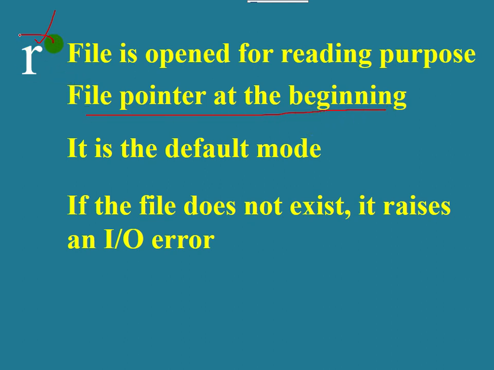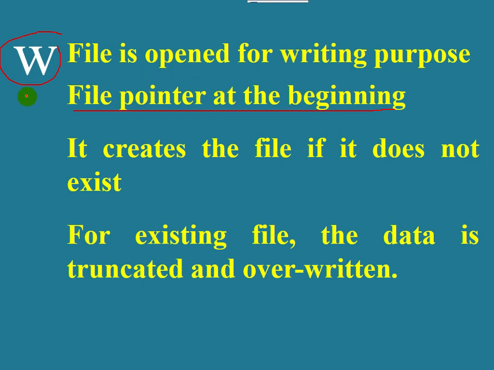So how can you remember that for the exam? Only in the case of A mode, A means appending the data, the file pointer will be at the end of the file, and in all the remaining modes, the file pointer will be at the beginning of the file. Okay, now in the case of W mode, if you open a file in W mode and the file does not exist, the program will create the file and the newly created file will be made use of. If the file exists, the existing file will be made use of.